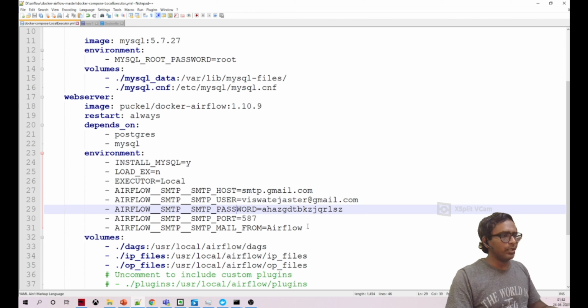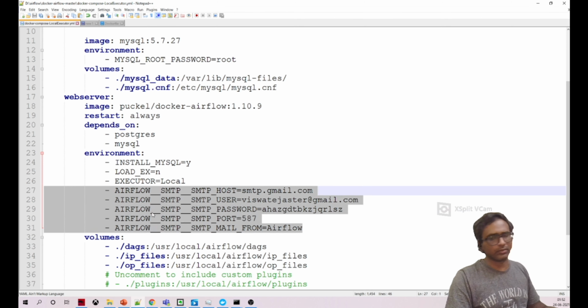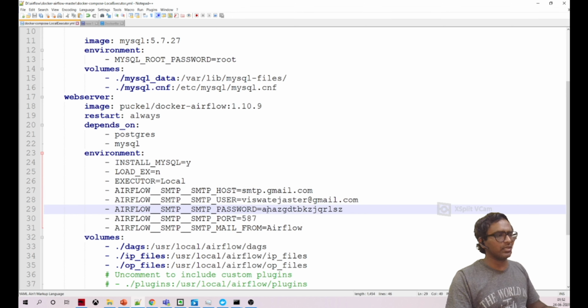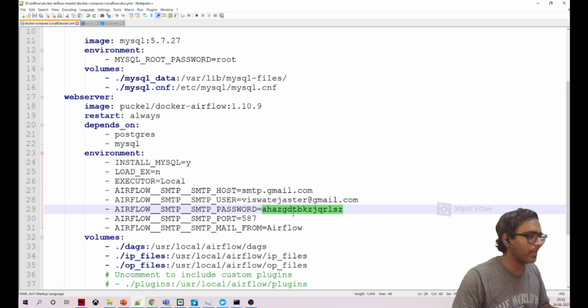You can Google how to get the SMTP password for Gmail. For now, this is some dummy password I just entered here.